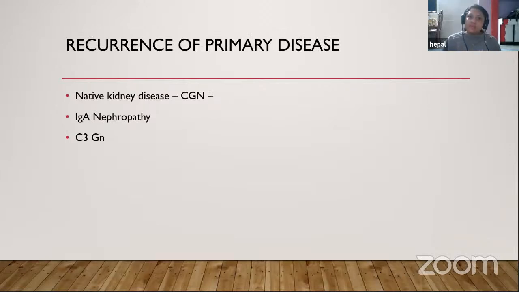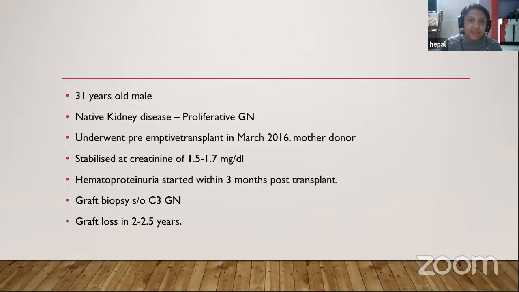Recurrence of primary disease: chronic glomerulonephritis, IgA nephropathy, C3Ga. Many a time a patient comes with a raised creatinine with shrunken kidneys, when we are not able to biopsy the patient to diagnose the native kidney disease, or the patient presents at end stage, where again we have lost the opportunity to diagnose the native kidney disease. However, in every case going for transplant, knowing the primary native kidney disease is definitely going to help us plan the immunosuppression and